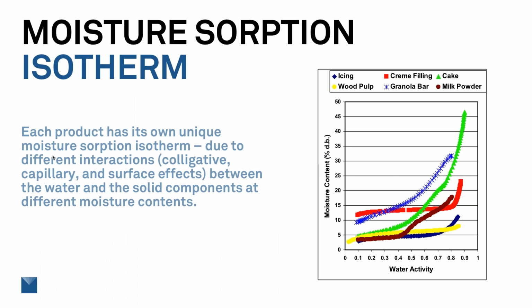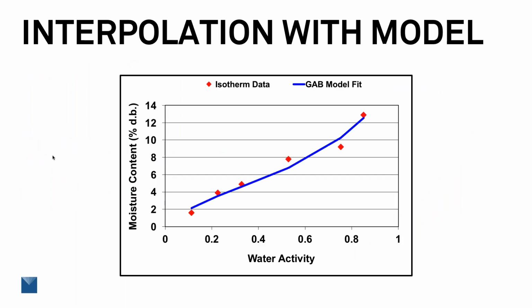When we talk about isotherms, we dedicate complete training sessions to isotherms. And so if you're interested in learning more, certainly there are resources. But basically, it's the water activity to moisture content relationship, which is unique to every type of product. We have to identify and measure it for every type of product. Once it's known, though, then we can create a model or an equation that will allow us to plug in any water activity and get the moisture content at that water activity.